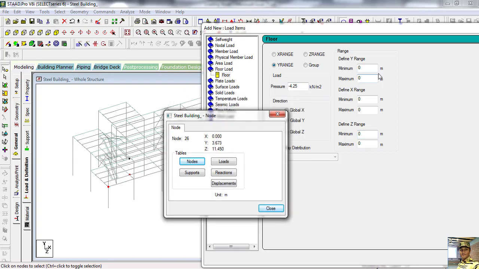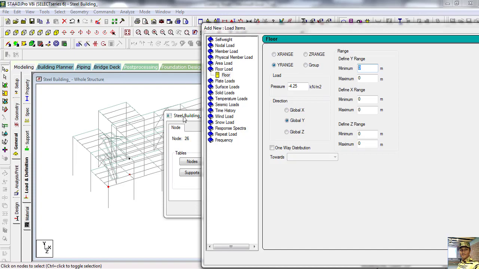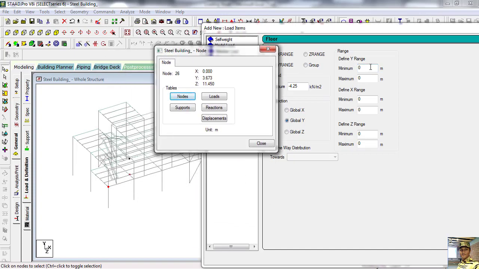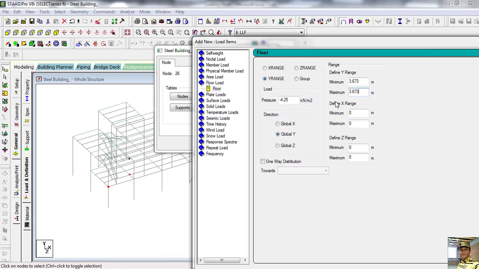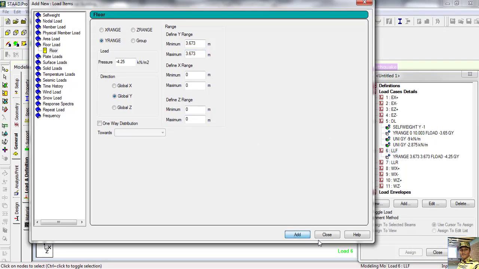So we define the height, minimum 3.673 and maximum 3.673. Now define x range. Our total floor area is required, so minimum 0, maximum 0, same as well as z direction 0 0. So add, close.